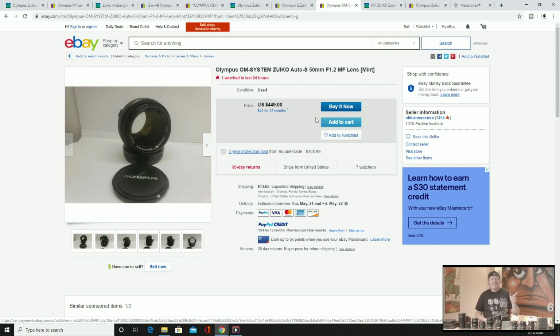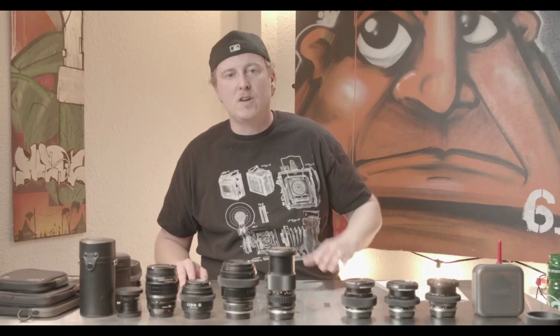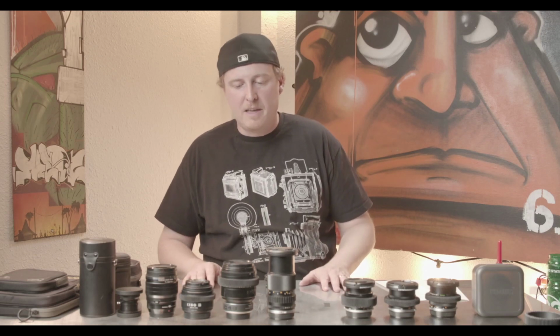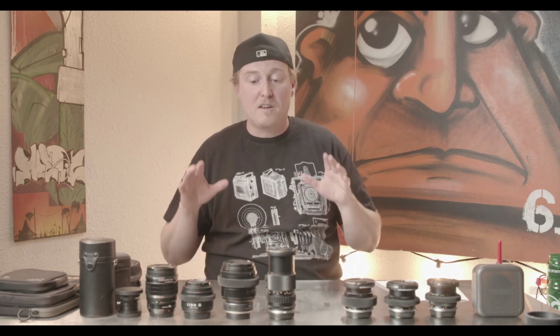Matter of fact, this lens that is currently on the screen is such a good deal at $450. When I started looking for this lens last summer, there were people offering mint condition lenses for $900. Like, what has gone on with the 1.2 market out there? It's insane. So definitely there are more of these copies out there now. I think maybe more collectors have been looted, but get your hands on one now, because they are a fantastic